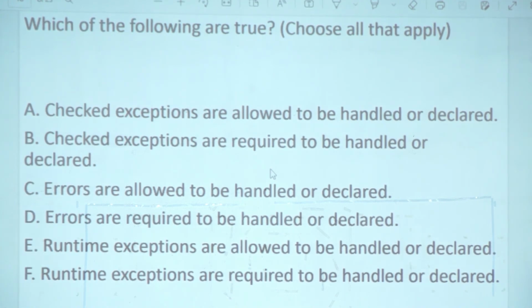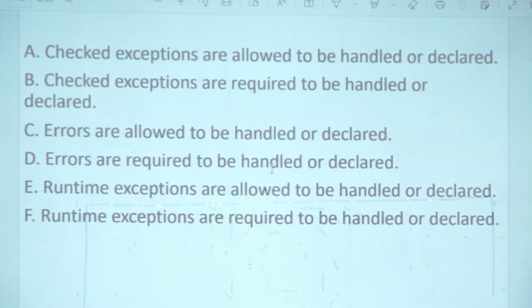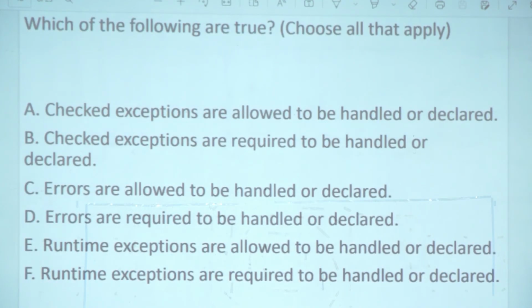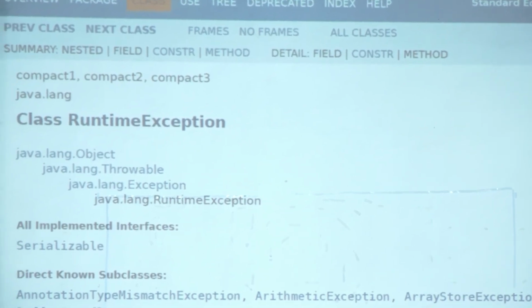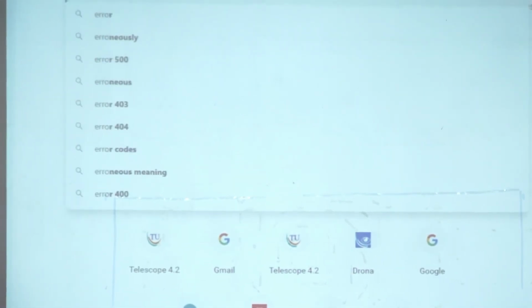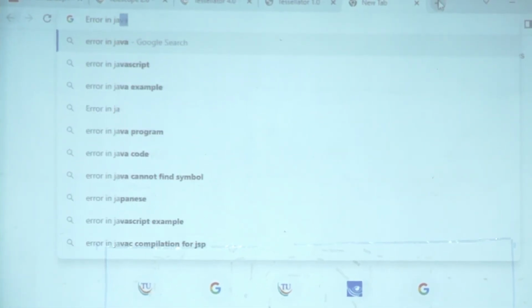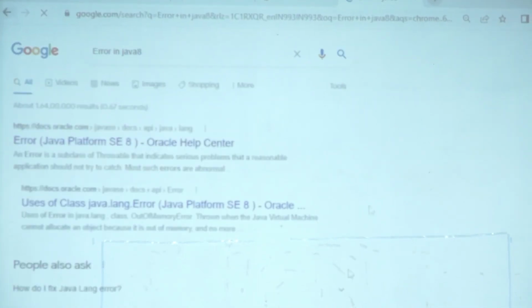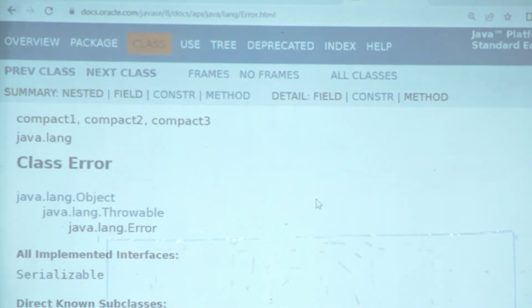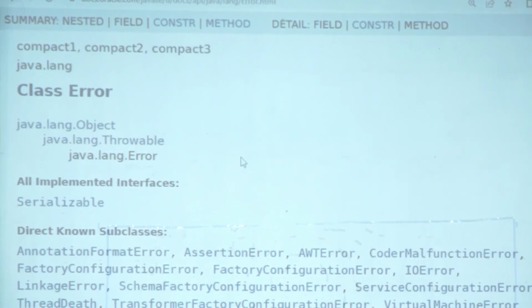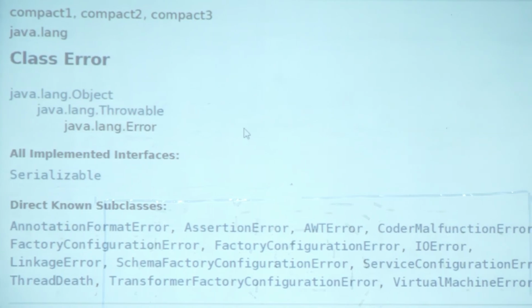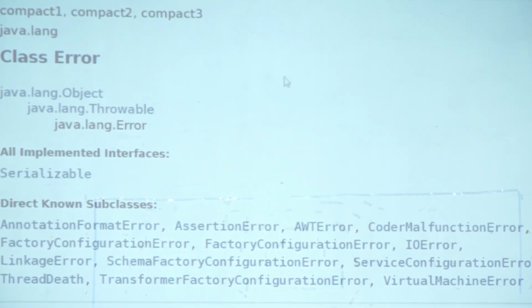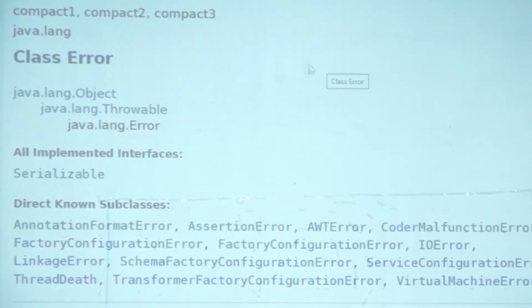I'll again show you errors. So they can be allowed. Wait. Go to errors. No, let's see the hierarchy, because these things come only in these kind of questions. So we'll look at errors and see the hierarchy in Java. So if they are derived from Throwable, they are derived from Throwable. Okay. So they can be caught. Anything which is Throwable can be, not mandatory.